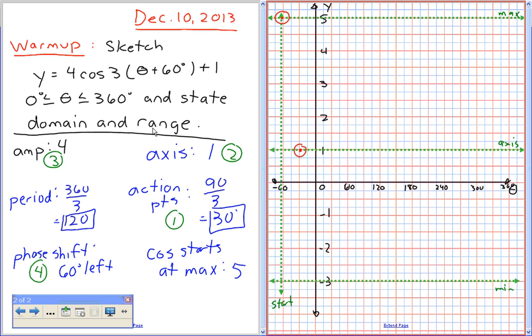Morgan, where's the next point, please? Yeah, good. So again, you're just going to go over to 0 here and then down. Lovely. All right, next point. Good. Joe, next point. Okay, so hopefully you can see the pattern here, right? We're just continuing on here. Kayla, next point, please. Yeah, 90 and